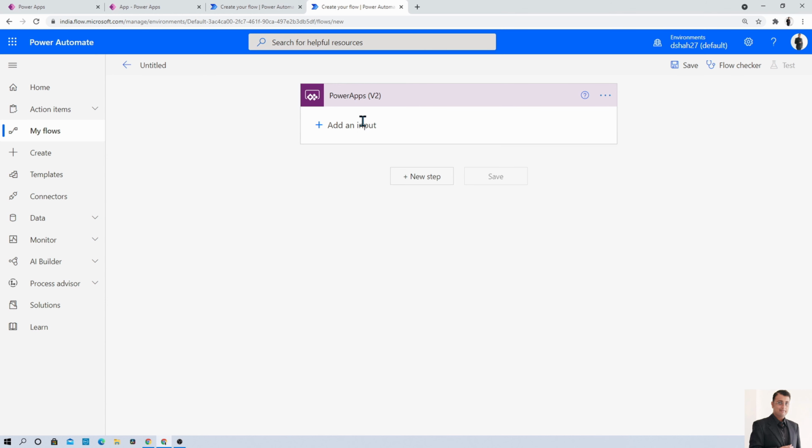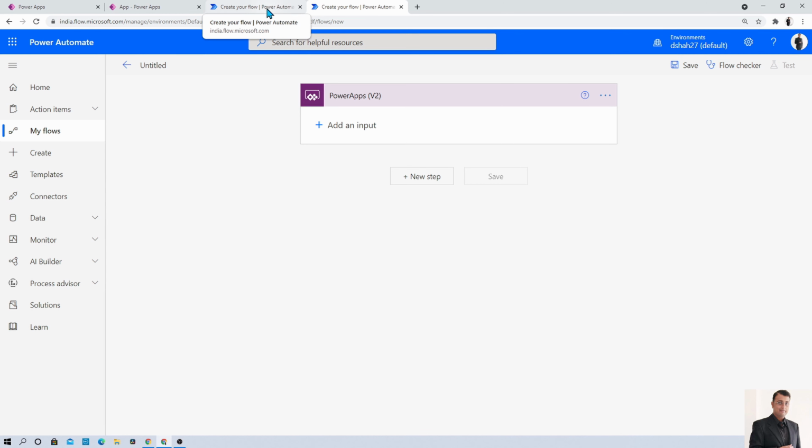Now basically when we are using this PowerApps connector, most of the time when we have a requirement that we want to call our Power Automate flow from our Power Apps, at that time we are using this Power Apps connector with Power Apps trigger action. Now at that time we are passing some input parameter as well from our Power Apps.